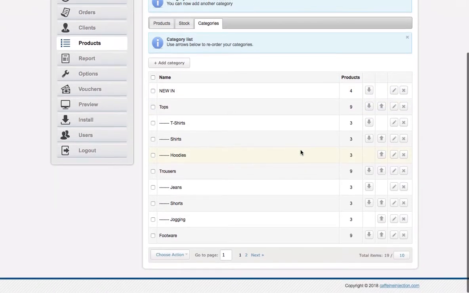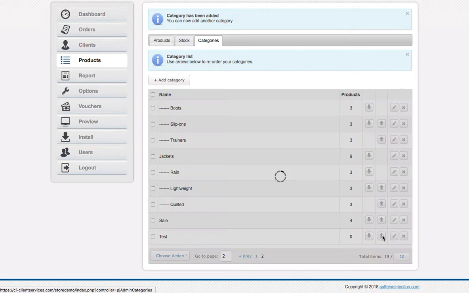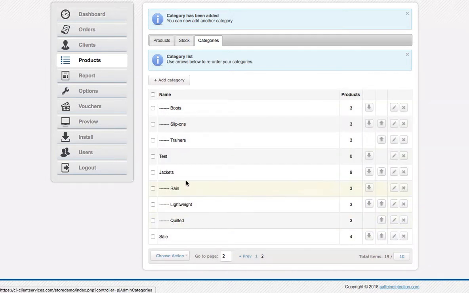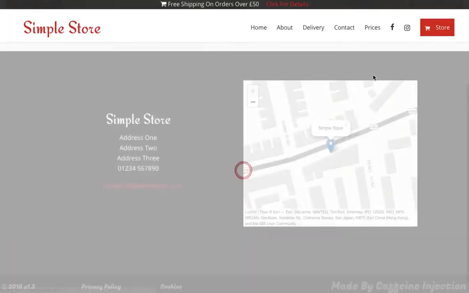We now have a category. If we go to the next page, we now have a category called test, and we can change the position if we want it right at the beginning. We can just use these up and down arrows, and it changes everything. So if we want to put this category below this category, you can just use your arrows to move it all around. So if we go now to our store page,